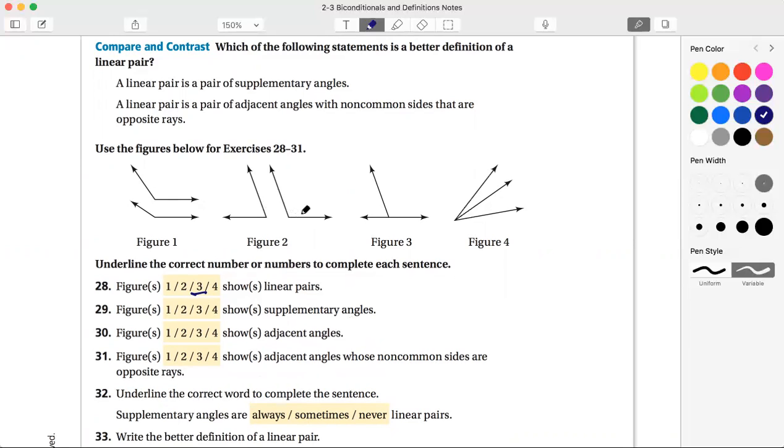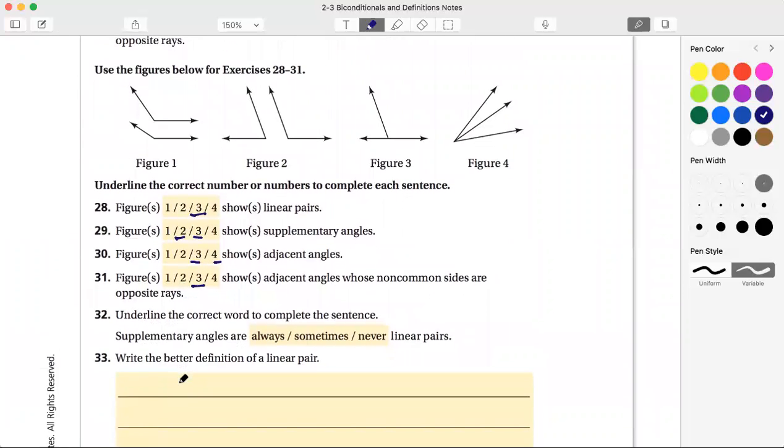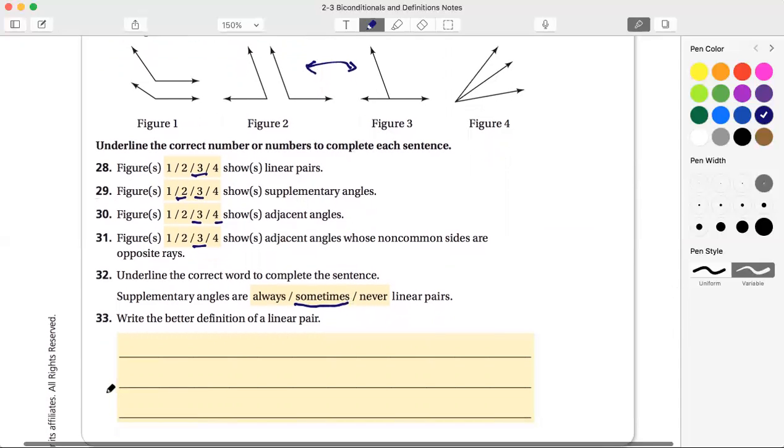Which figures show supplementary angles? Well, 2 adds up to be 180, and 3 adds up to be 180. Which ones show adjacent angles, angles that are next to each other? 3 and 4. And which ones show angles with non-common sides that are opposite rays? Figure 3. Now underline the correct word to complete the sentence. Supplementary angles are sometimes linear pairs. So a better definition: